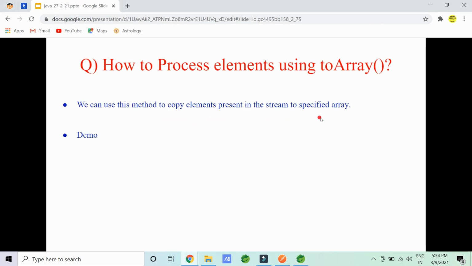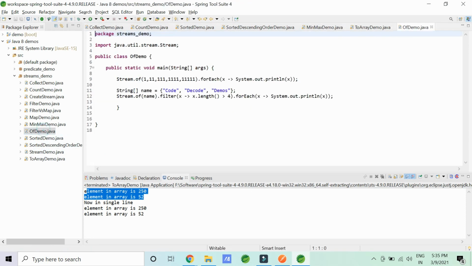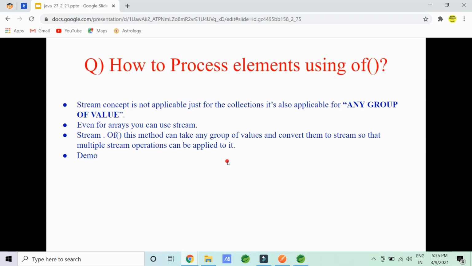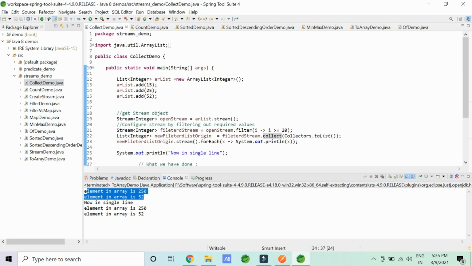If this much is clear, let me quickly move ahead to a very important processing technique, which is of. Now this is a very favorite interview question. Let me give you the demonstration first, then we will come to the theory part. You won't be able to understand otherwise. We have seen enough of streams. We have converted a list into a stream, how? Using dot stream. So you have always converted a collection object to a stream.